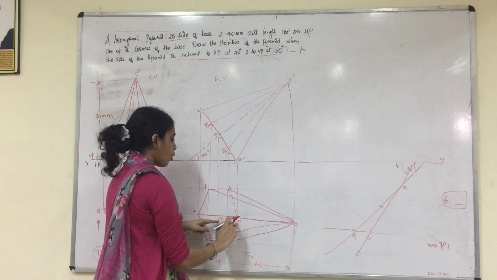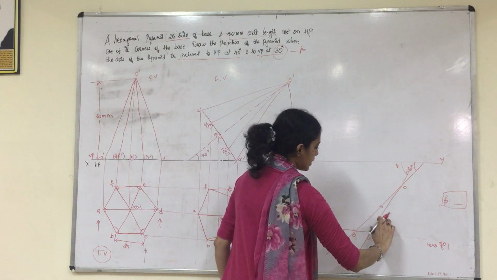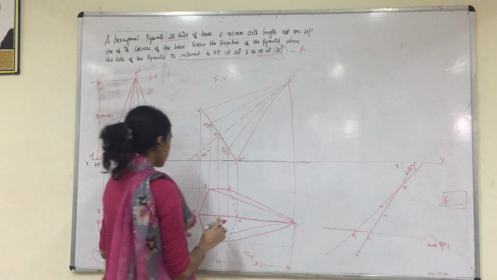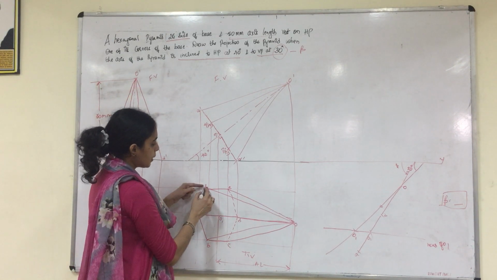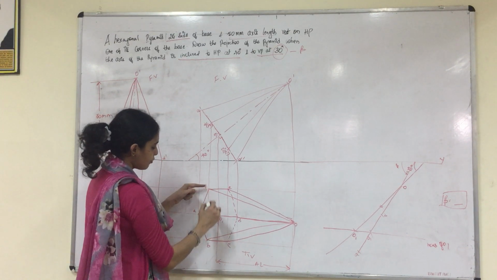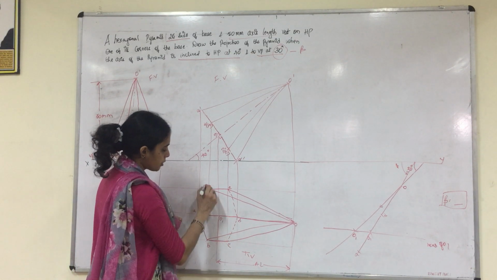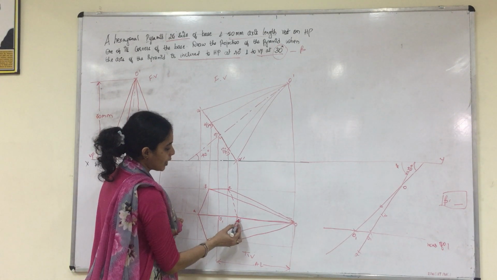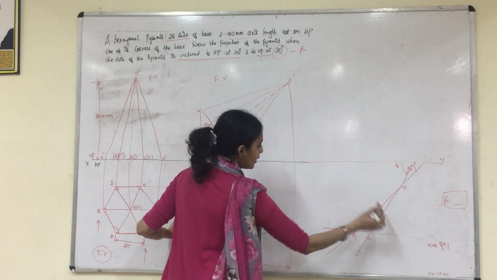After that, from O1 to D, you measure what is the distance. Measure the distance and please cut an arc. So this will be D. You got the corners A and D. You know the center now, O1. So you need to determine F and B, E and C. E and C are along the same line, F and B are along the same line. But for that you should identify the point through which you have the projections. So in between O1 and D you have a midpoint. So please identify the midpoint of O1 and D.